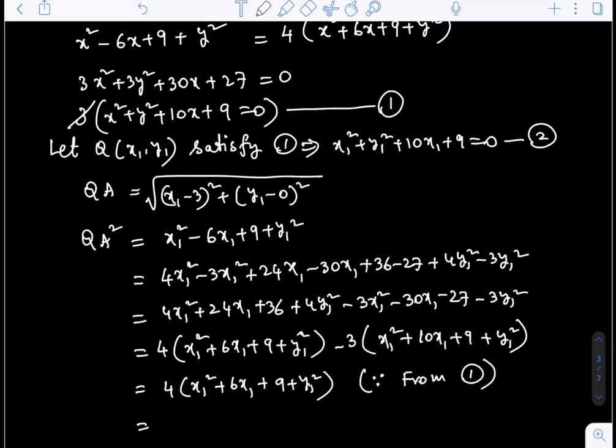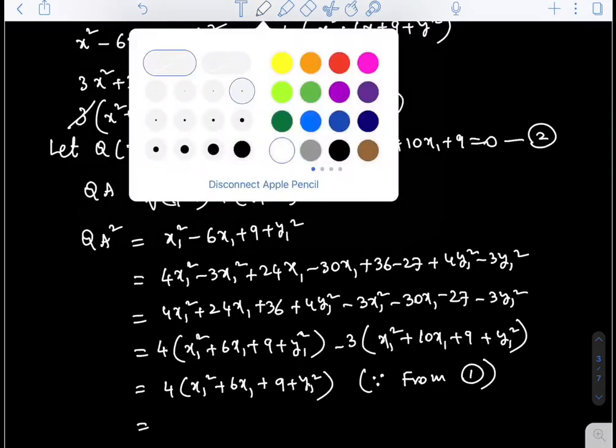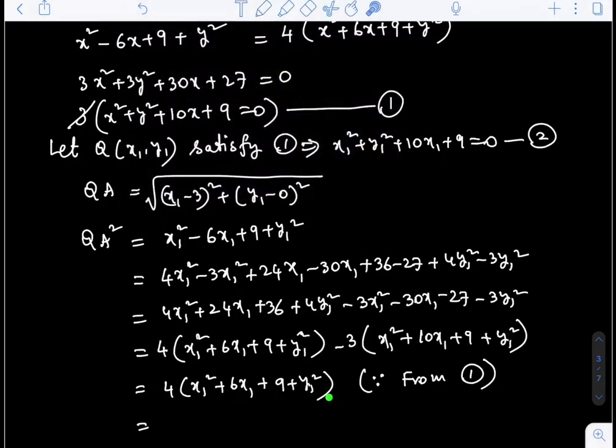Let us go and see what equation 1 is. This is equation 1. What is the value of this expression? This expression has the value 0 in it. So 3 into 0 will become 0. So don't take this expression, only take this. And also tell what this is. Go to the question so that you get it.